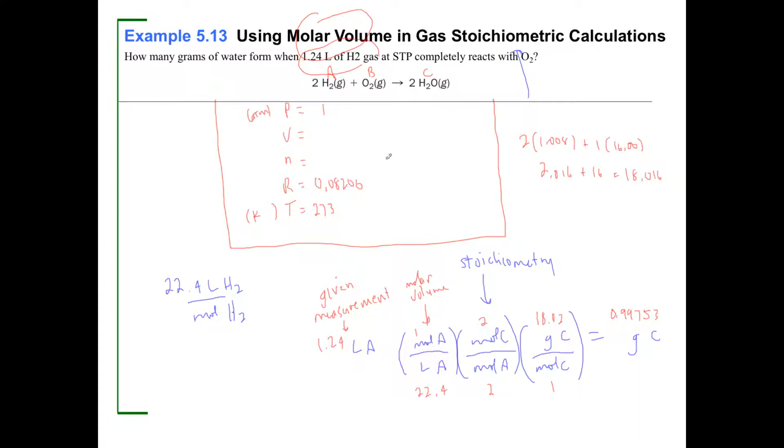Grams of water. There were 3 sig figs here, and that's the only measurement I have, so let's take this to 3 sig figs and we'll say it's 0.998 grams of water. And that is the answer. All right, hope that's helpful. That's it for this